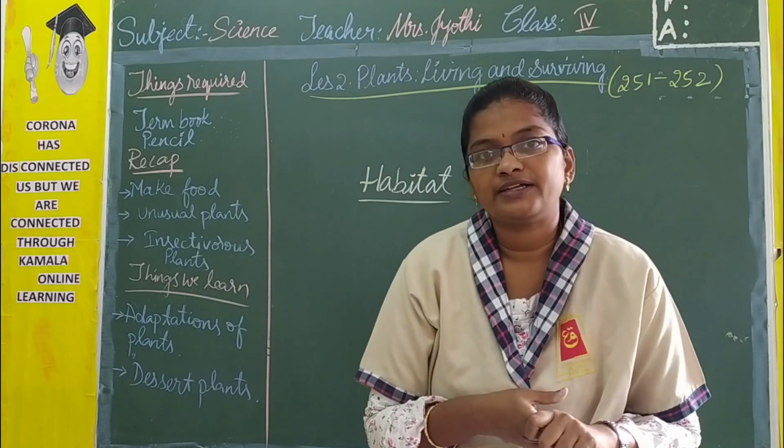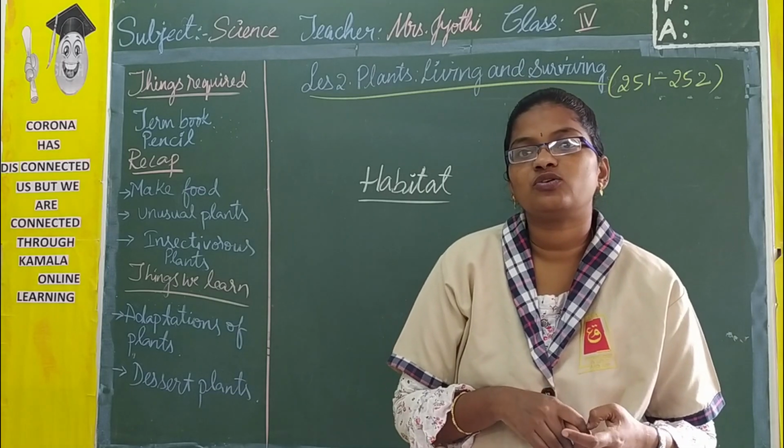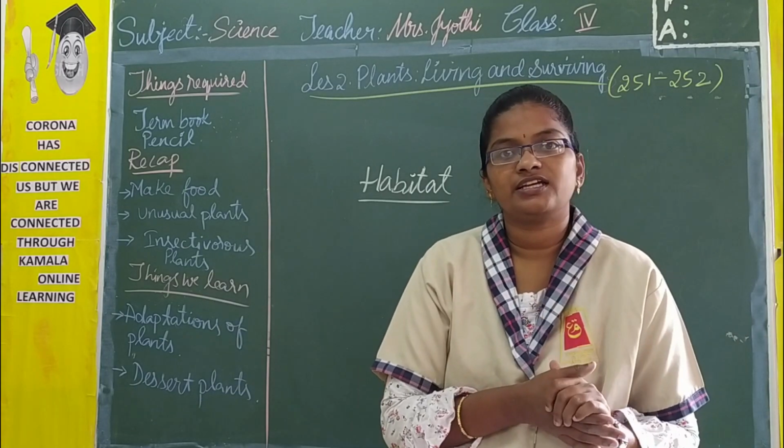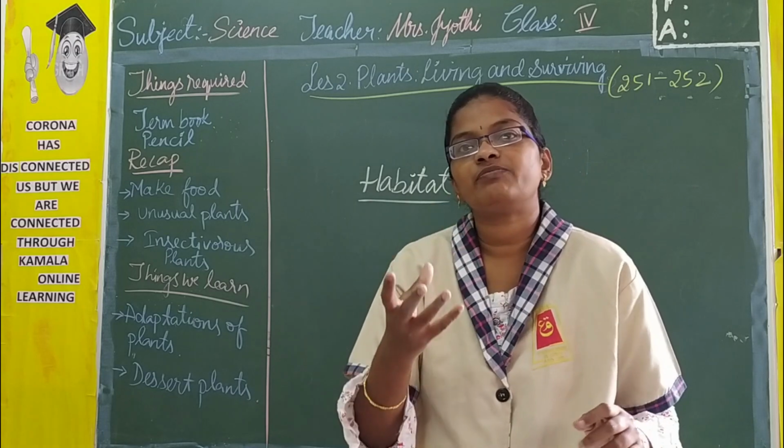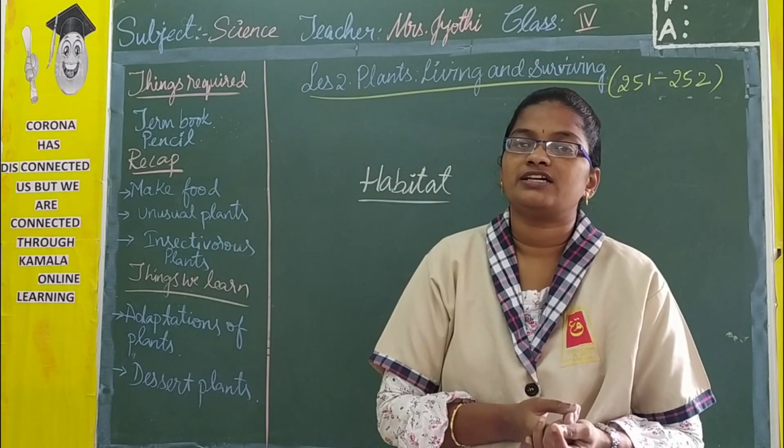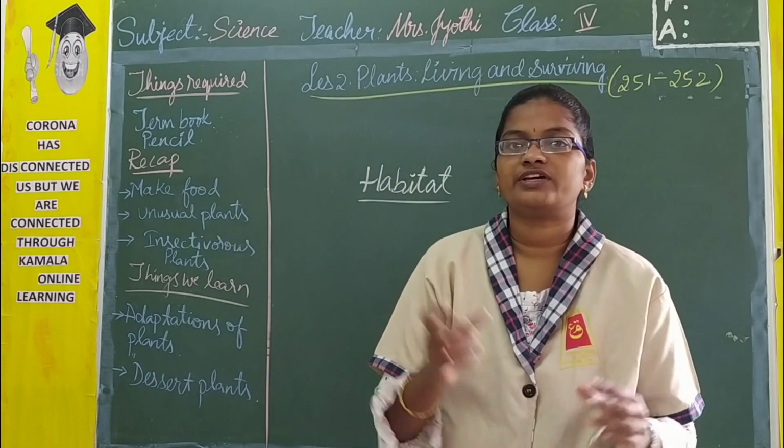Whereas a cactus plant is there. So where does a cactus plant grow? It grows in desert areas. And there are some special plants which grow in hilly areas and even in snow areas also, wherever there is